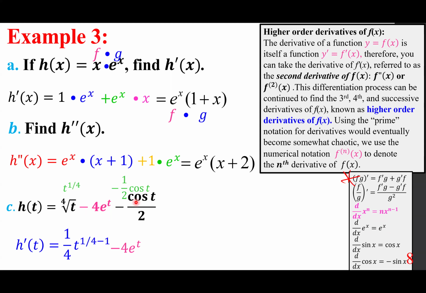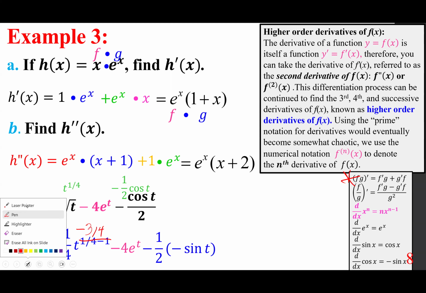Now, this one, I want to make sure we understand. It's negative 1/2 times cosine t. So negative 1/2 times the derivative of cosine, which is negative sine. So negative 1/2 times negative sine t. Now, this one is negative